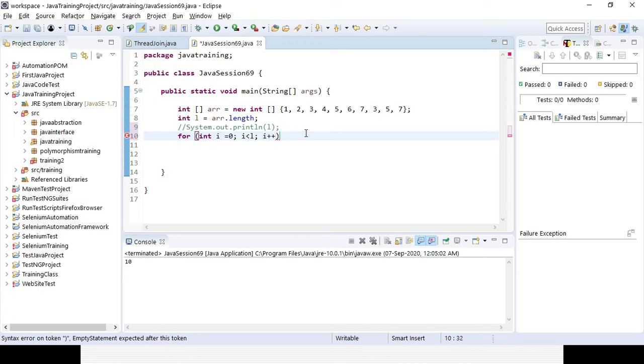And obviously as it is a for loop, you need to close with the curly bracket. So the error message is gone. So here I will use another for loop, right?